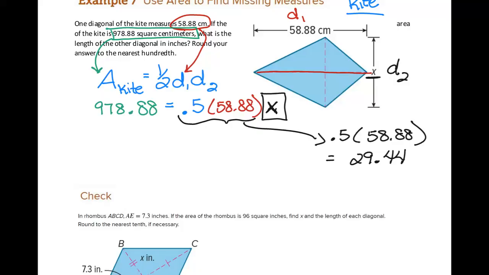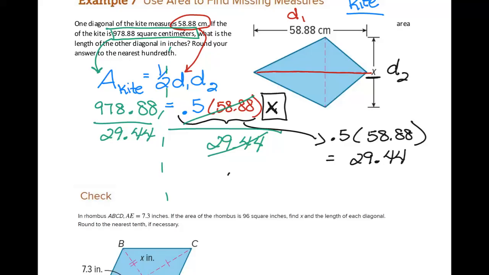So to get x by itself, you need to divide by 29.44. And since this is an equation, whatever you do on one side of the equal sign, you need to also divide by that same amount on the other side. So divide 978.88 by 29.44. These amounts are going to cancel out. And so x is equal to